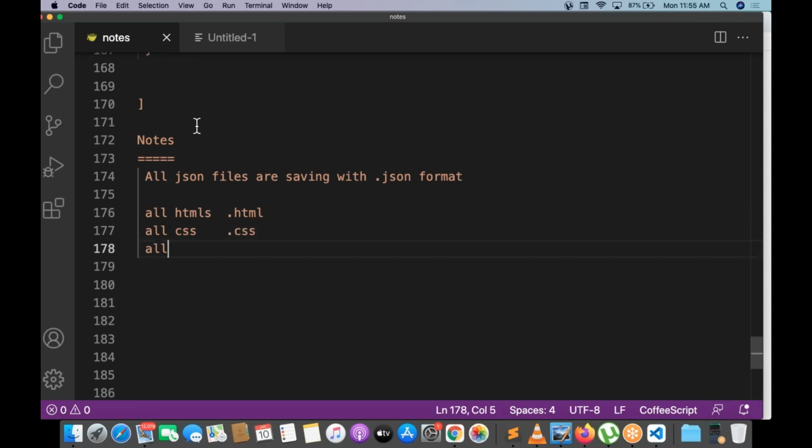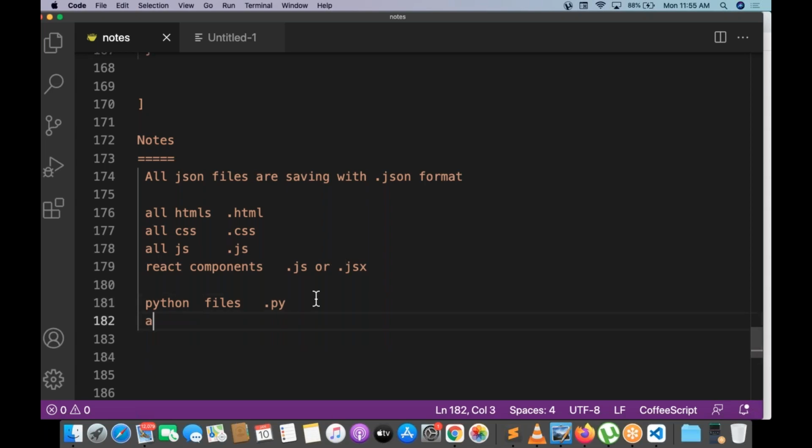All React components are saved with dot js or dot jsx. No worries. All Python files are saved with dot py. That's it, simple. So JSON files are saved with dot json.